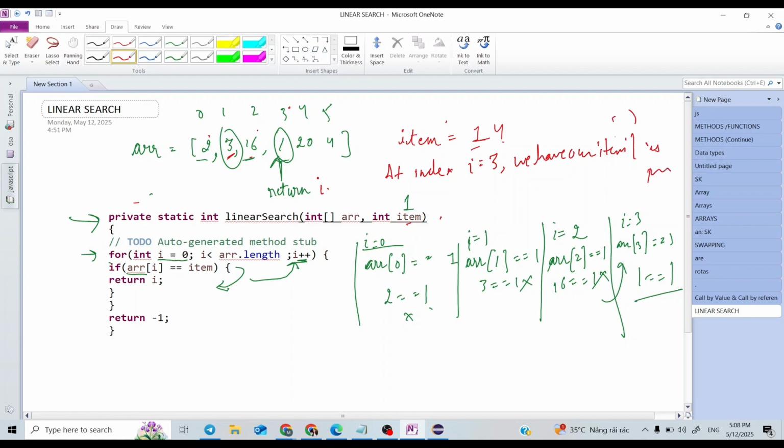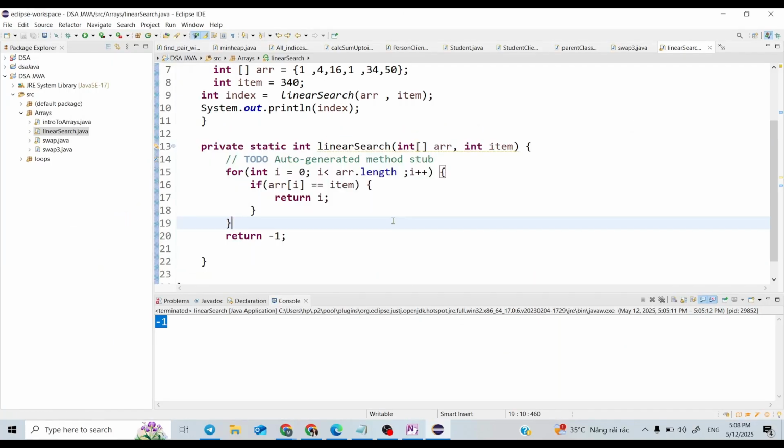So this is how linear search works. This is very easy. Try to write the program by yourself and run the program. We will further see more searching and sorting algorithms in the next video. Till then, bye bye, take care.